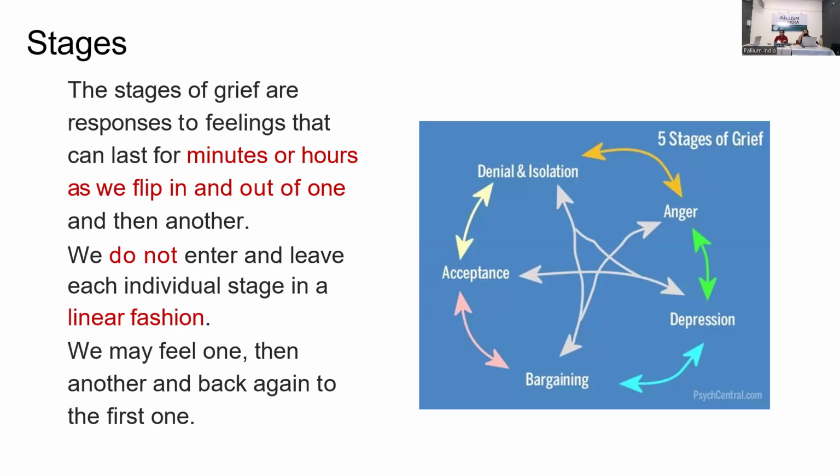Yeah, I can be in denial today. Maybe I'll accept the fact that I'm bed bound tomorrow, or I'm wheelchair bound tomorrow. Maybe again I'll come back to denial. I might be angry. It could be any way. That's why the arrows are given in a very zigzag way. It's not linear, and you can even fluctuate in between, right?